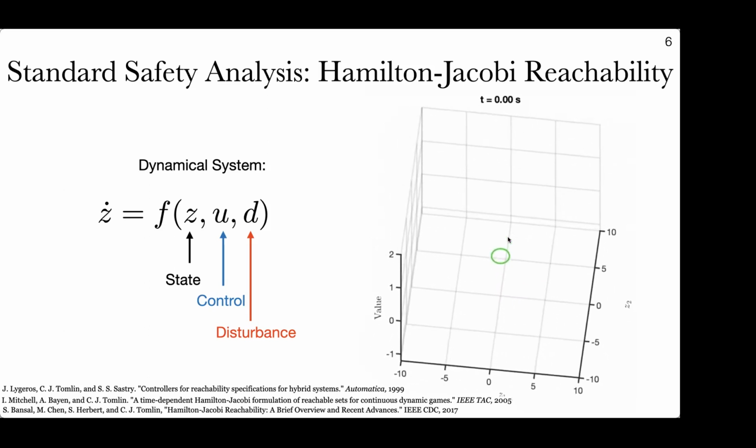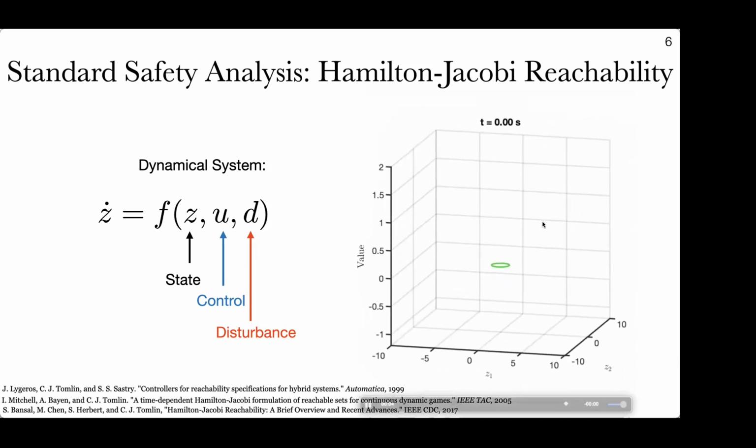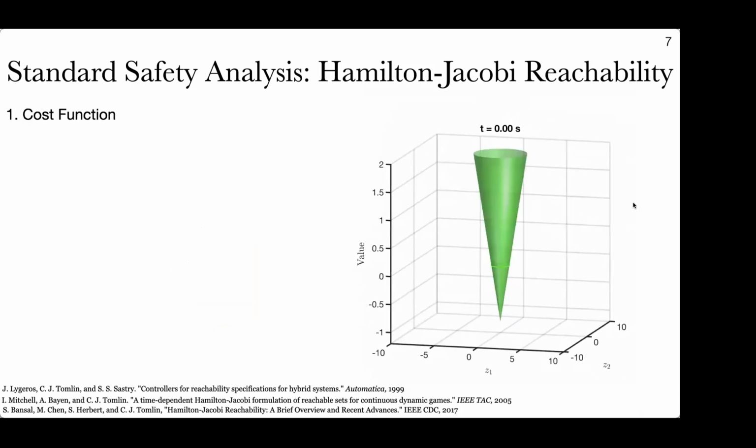The way that we're going to do this is lift it up by one dimension and define a cost function for this. You can think of this cost function in this case as just distance to the goal. And so you have high cost when you're outside of the goal and low cost, negative, when you're inside of the goal. And if you just manage to reach the goal and you're on the boundary of it, then you have zero cost. That's all that this is representing. When we're inside of the goal, then our cost is non-positive.